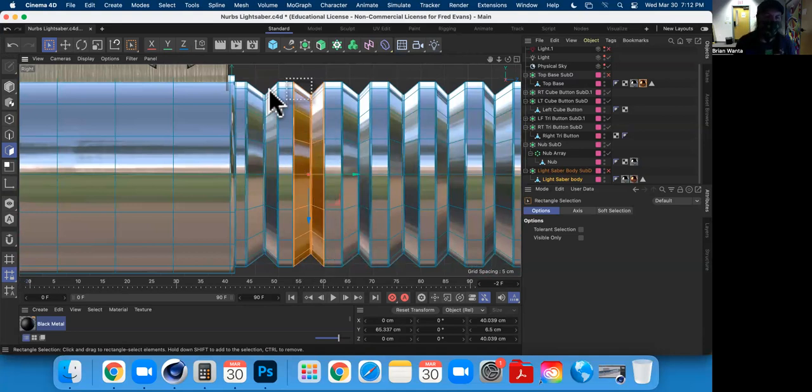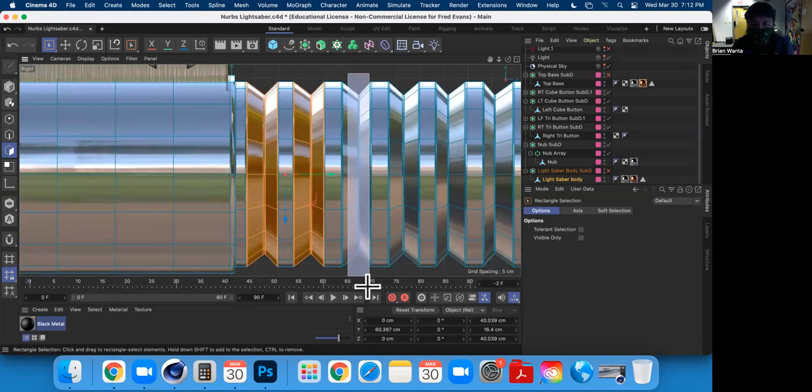There we go. And I'm just going to keep holding down shift and doing the same thing. This one is a pain in the butt. I'm not even going to lie. But it is what it is. There we go. So I'm going to keep doing this where I'm selecting these sides, and I'm really just using